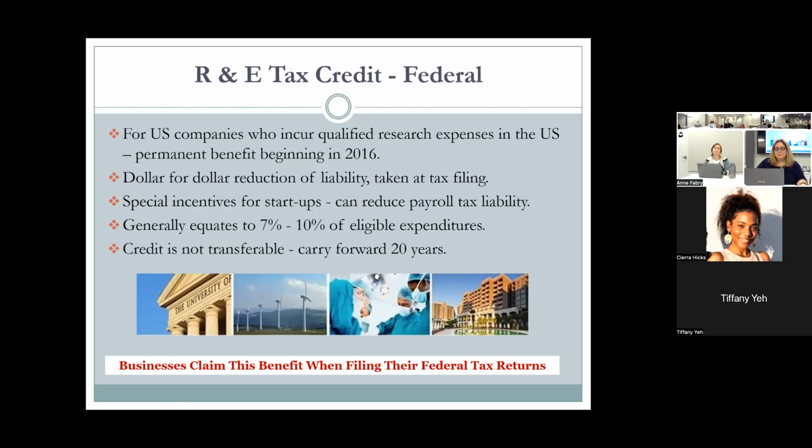The R&D tax credit, this is a federal credit. It is basically the same thing as the state R&D credit, only it's at the federal level. So basically what that means is that the credit would be good for federal taxes, whereas the other credit would be good for state taxes. It feeds off of the IRS code, and it basically returns about 10% of your expenditures back in the form of a federal credit. The nice thing about this credit is it's not sellable, which I wish it was,